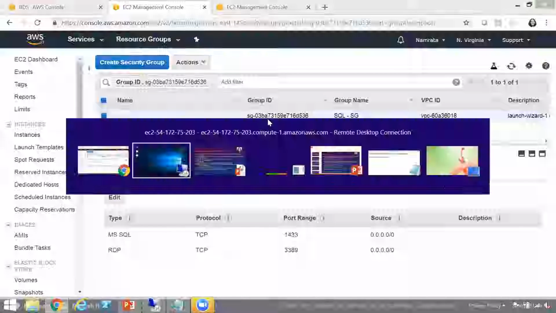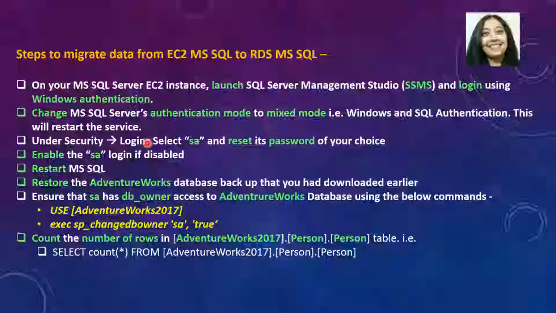So let me switch back to my presentation. The first thing that we need to do after we log into SQL Server is change the authentication mode from Windows to mixed mode. Okay, and then after that it will automatically restart the service. And once we have changed our authentication mode, we need to ensure that we go ahead and reset the password for